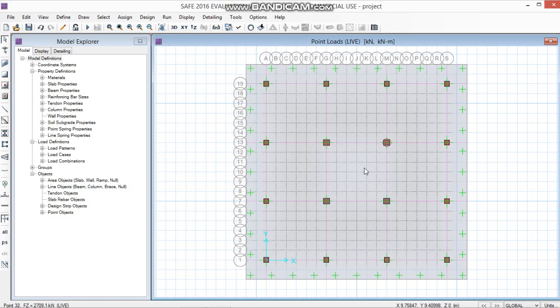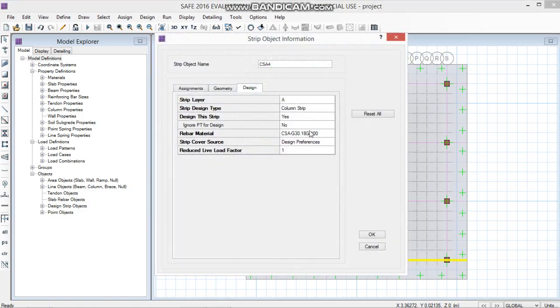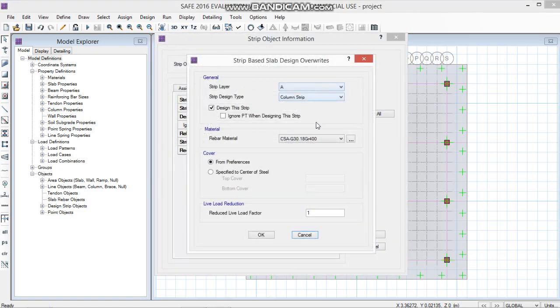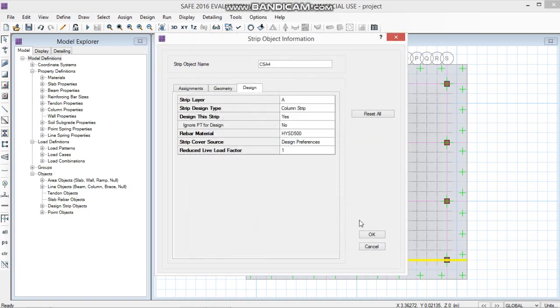Now the next thing is to change the rebar material in all the design strips in X and Y direction. So just select all the design strips one by one. You can see in the bottom left corner one design strip has been selected. Now right click on it, click on Rebar Material, change the rebar material to HYSD 500, then click on OK, then click on OK.